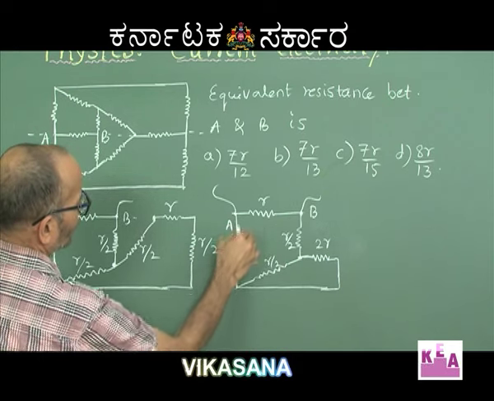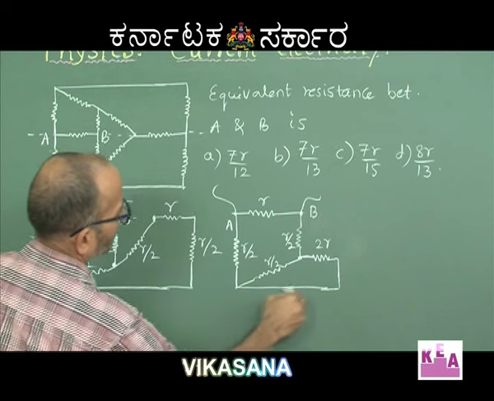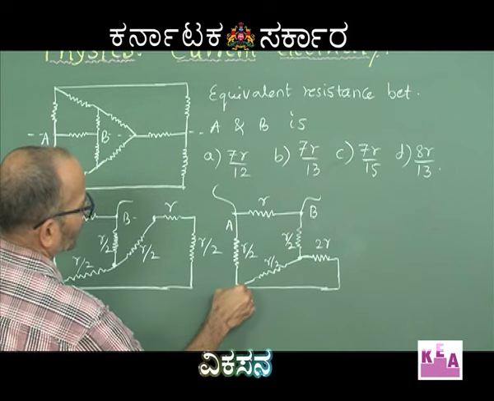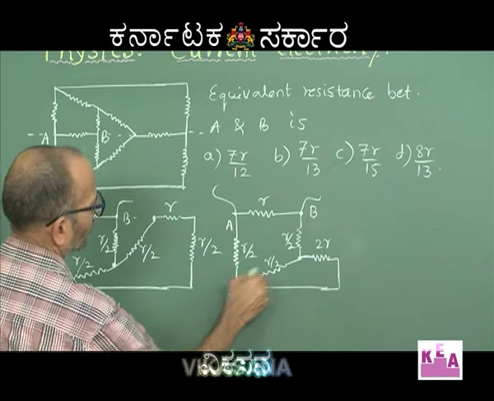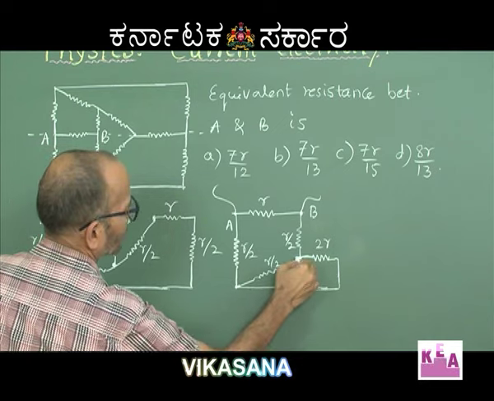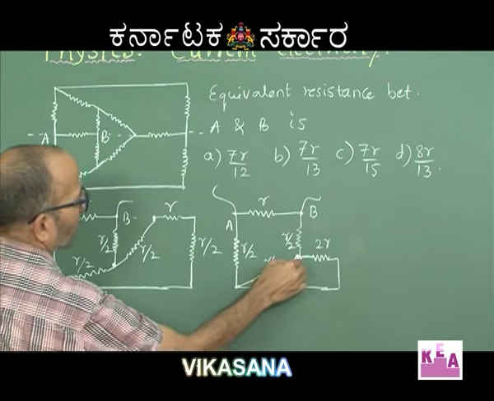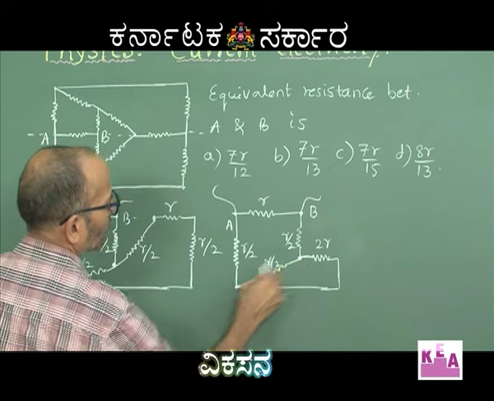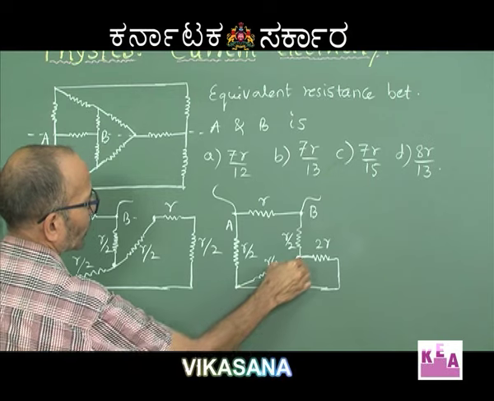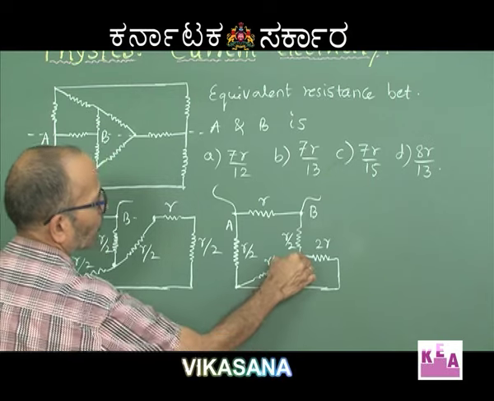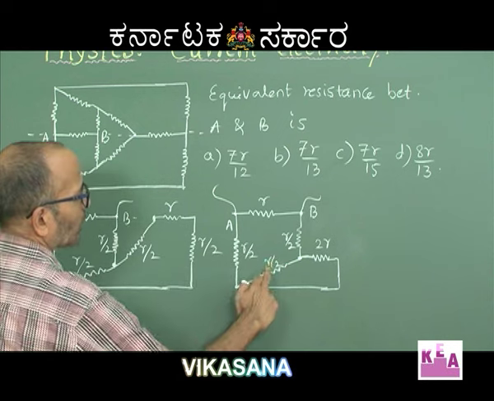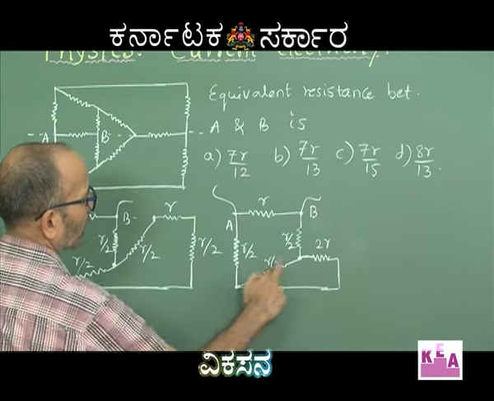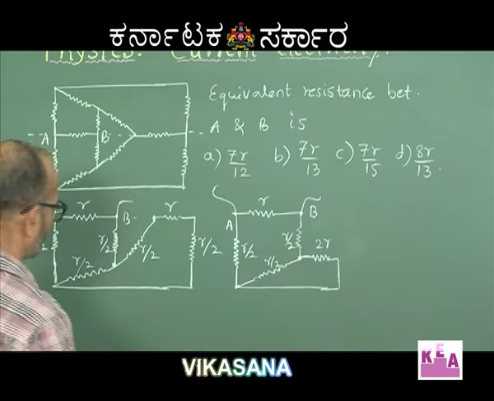So now the current has to enter through A and it has to leave through B, and the paths are, see, this R by 2, and between this point and this point there are 2 paths, one is from here and the other is from here. See, this is one path for the current to come towards B and this is another path, and both are between the same 2 points, R by 2 and 2R. So this 2R and R by 2 can be clubbed in parallel. Fine. So I will remove this 2R and R by 2 and I will show only one resistance there.